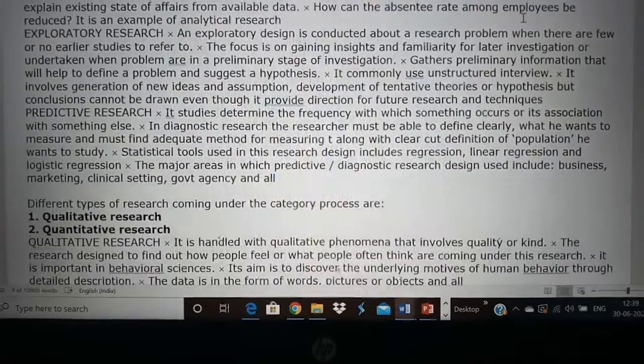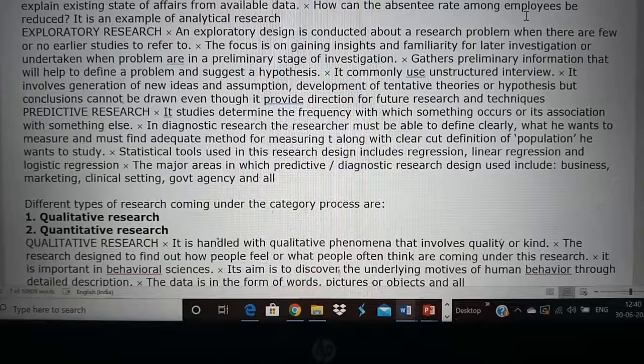Then the last type of research is predictive research. So you are predicting there is a relationship or association between two things. One common association that we all think of is that all smokers are likely to get lung cancer. When you do research on that, you take 100 people who are smoking, then find out whether they get lung cancer. That is predictive research. Similarly, whether coronavirus affected people have lung problems is also predictive research.